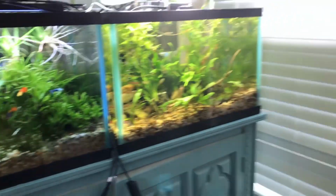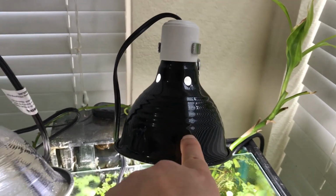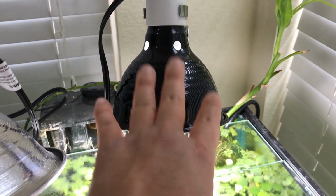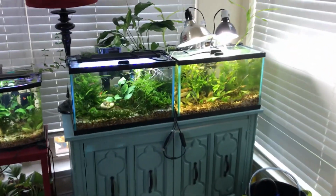So I found a Reptizoo dual light fixture, but that's like 39 bucks. So I'm gonna stick with two of these. That comes to about $31 with the 7 bucks each, 14 plus 17, right? It's like 31, 32 bucks. But that looks really good, and you can kind of tell, and you can tell more over here